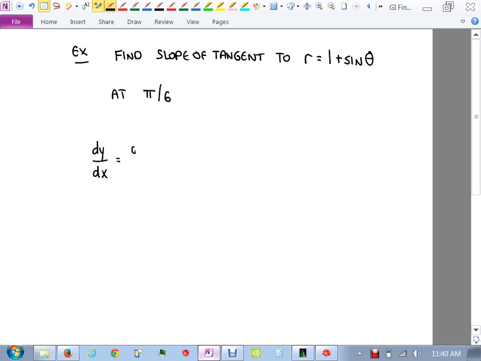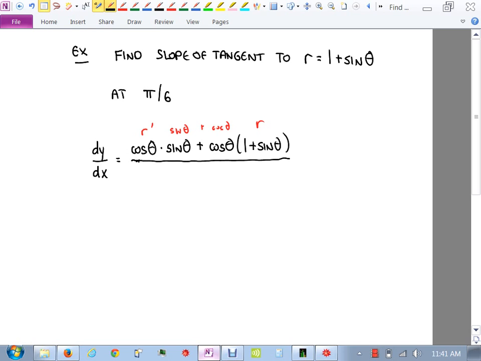So cosine theta, but then times, the formula says after that, sine theta plus cosine theta times r, which is 1 plus sine theta. Does everyone see where everything there comes from? We have r prime, this is sine theta plus cosine theta, and then this is r. See it? Okay, all over